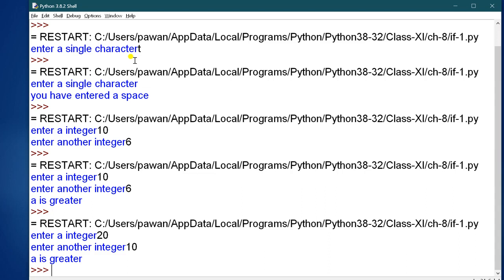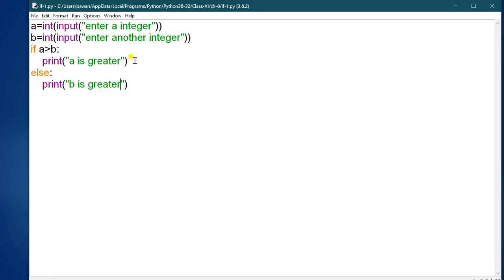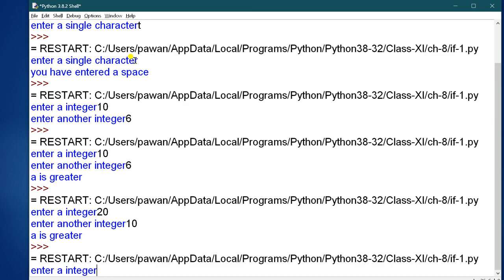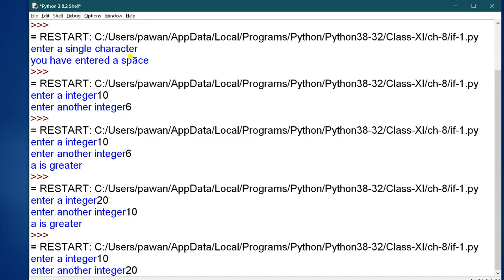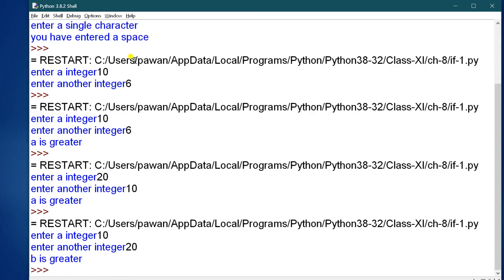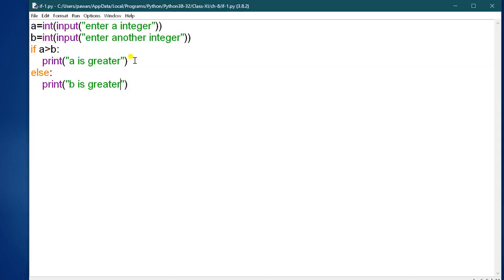So now again a is greater. One more time you have to run, and here the value is 10 and 20 now. So here b is greater. Okay, so when a holds 10 and b holds 20, this condition becomes false and the cursor will go to the else block so that this message will print. Okay, so this is your code for if and else statement.